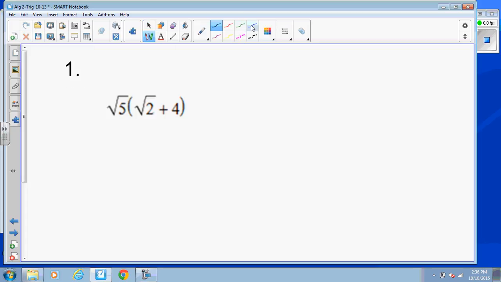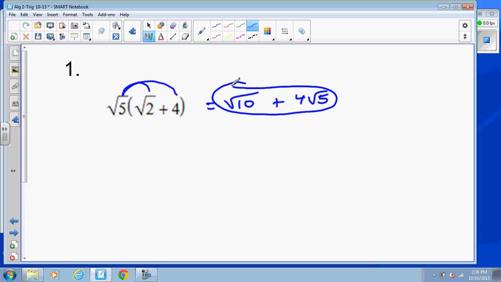We learned this earlier, which is basically square root of 5 times the square root of 2, which is just the square root of 10, and then the square root of 5 times 4, plus 4 times the square root of 5. And at this point, there's really not much we can do to simplify. These are different numbers underneath here, so this is our final answer to that one. That's all we can do. In the next problem,